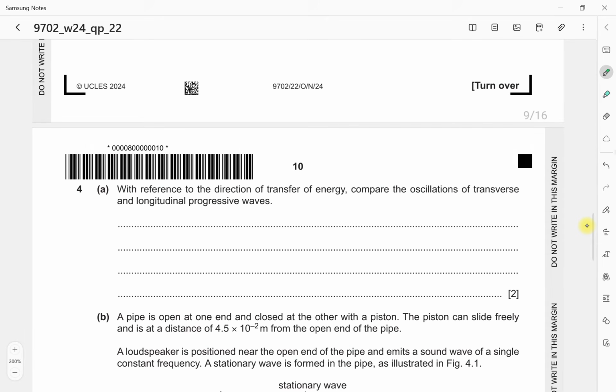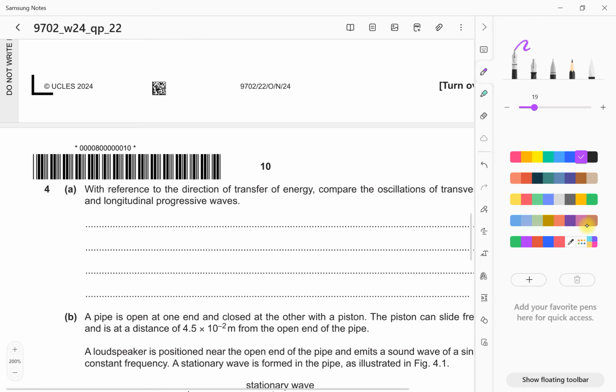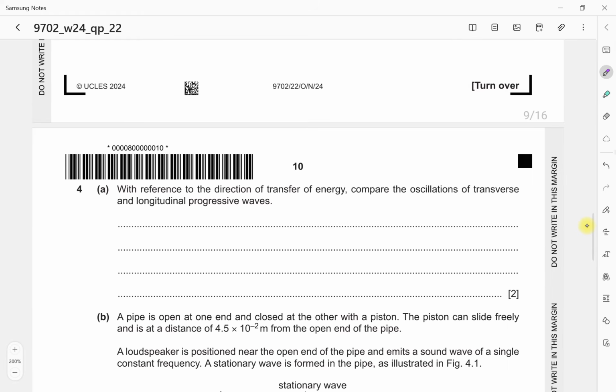With reference to the direction of transfer of energy, compare the oscillations of transverse and longitudinal progressive waves. So for transverse, we know that the oscillations of particles are perpendicular to the direction of transfer of energy. For longitudinal, we know that oscillations are parallel to the direction of transfer of energy. So I will say transverse